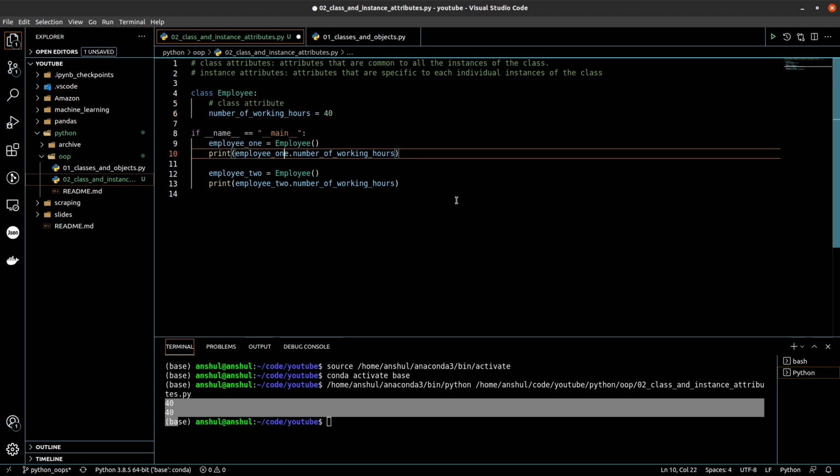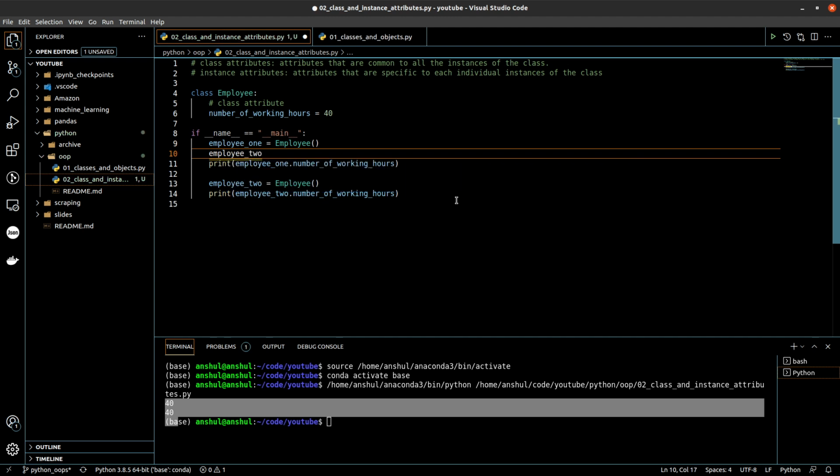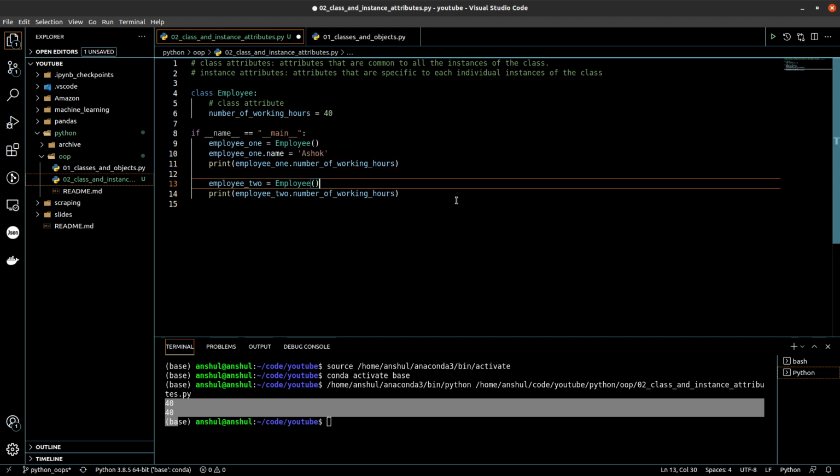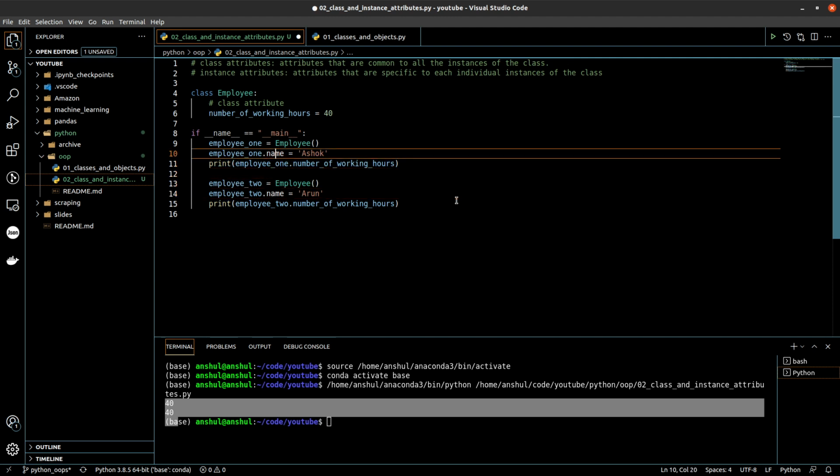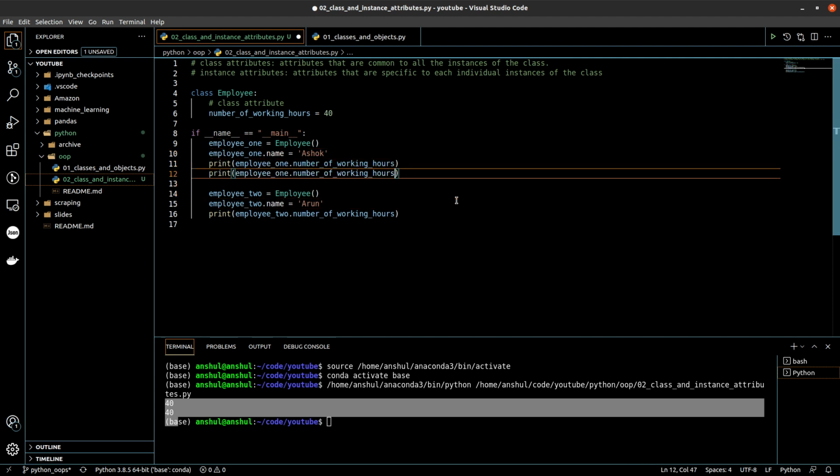But let's say we take the same example, that is of name. Let's say I define the employee1 dot name as one of the attributes, and I call this Ashok. And basically I define the name as another instance attribute for the second object as well, and then if we print the two, let's see what happens.